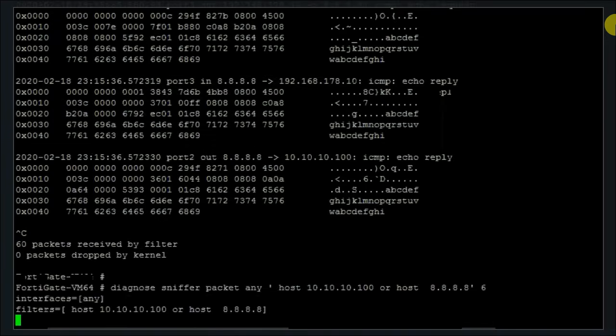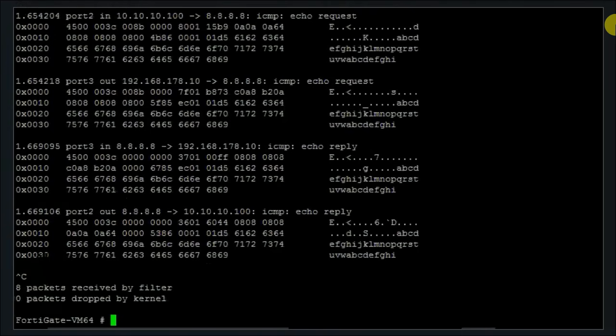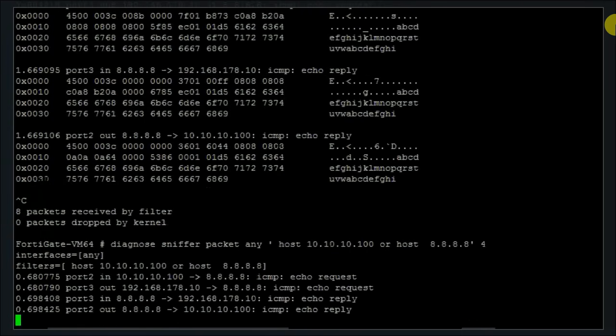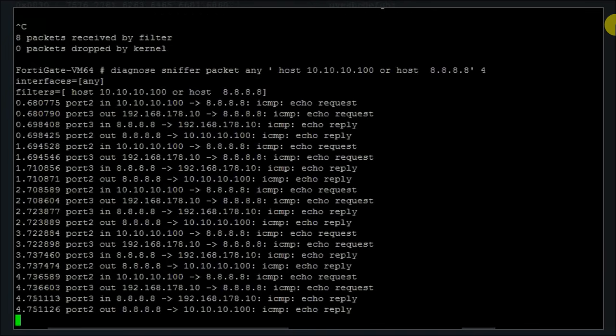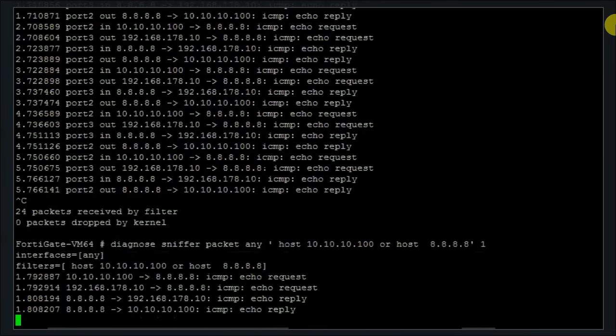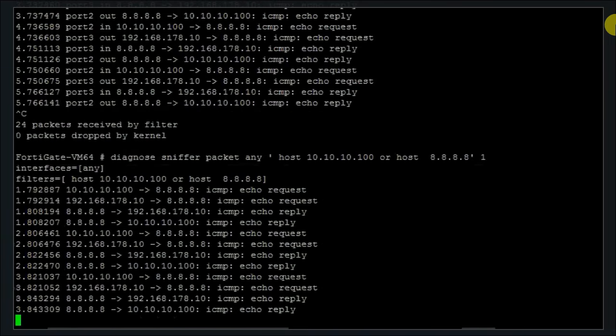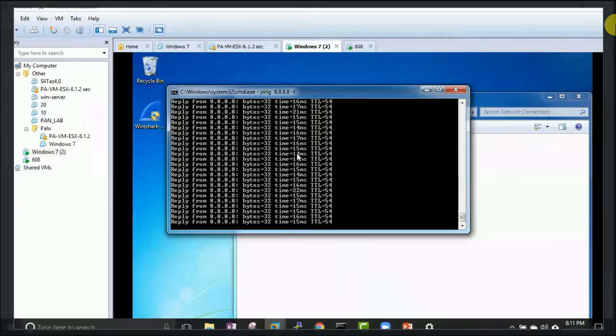Verbose 6 is for giving you the packet with more information. There is a verbose 5, where you will get somewhat more information. Verbose 4, from here you don't get much information. By default it is 1, so you will get that much information. Because it's ICMP, you do not see good information here. Let me apply the,